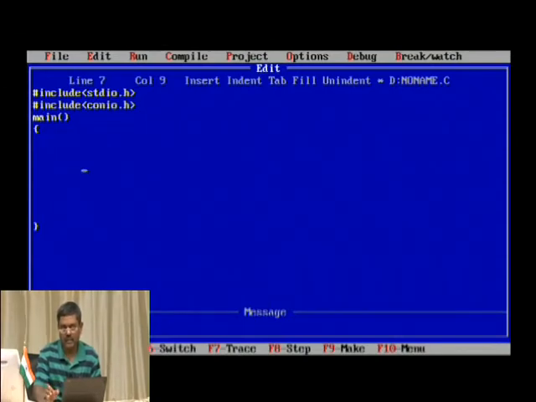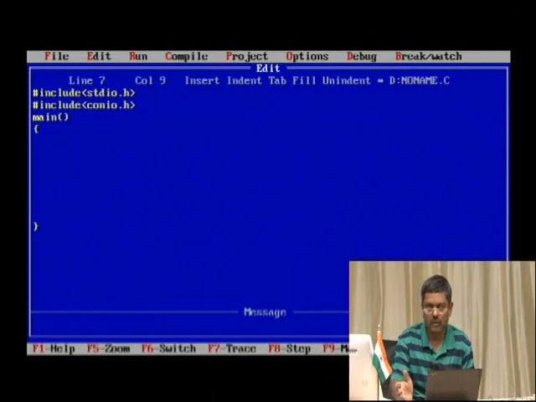Later we discussed the library functions, how to make use of them, whether it is printf, scanf, like the IO functions normally defined in stdio.h, or the math related functions like math.h, and console input output functions. Later we moved on to the preprocessor directives. Last class we discussed preprocessor directives, but I remember that I did not teach you one thing, that is passing an array to a function.